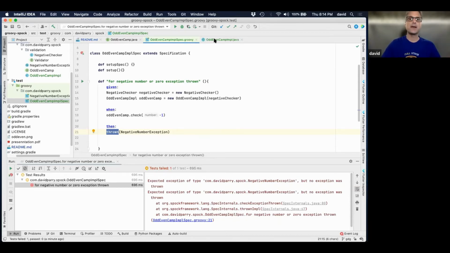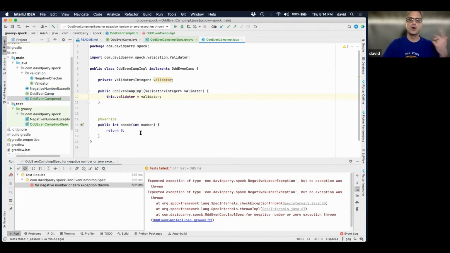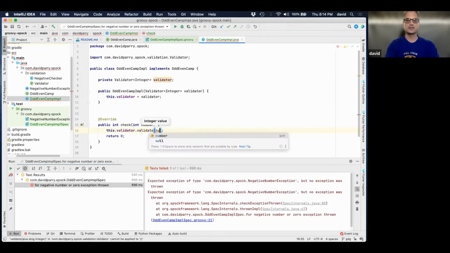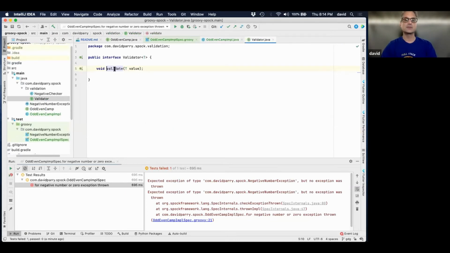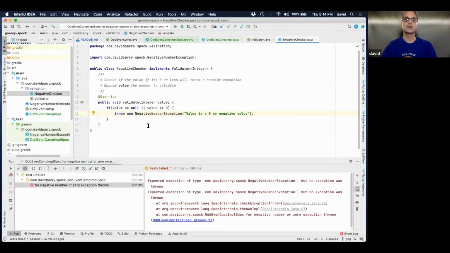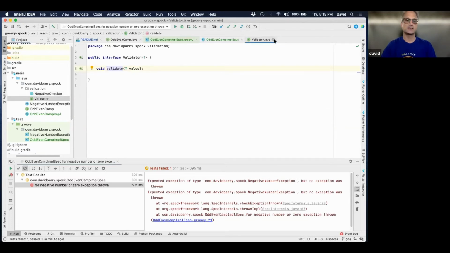So the test is not passing right now. So what can we do? Well, we know that we have the validator already. This is one of the things that I put in here for us: we have a validator from our first test. For the sake of time, I wrote this, and we went over that test and said, okay, this is the negative checker and it's already going to do all this code for us. So that's a way for me to kind of cheat to be a little bit faster for you guys.